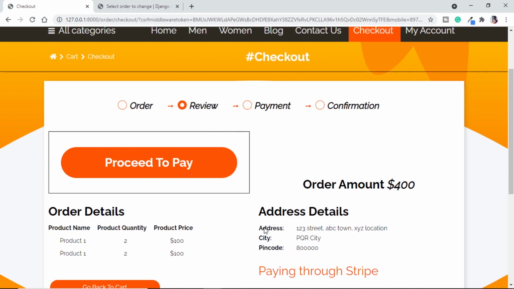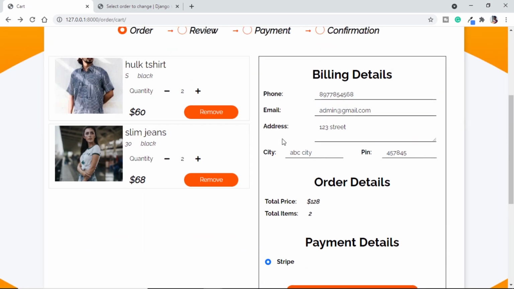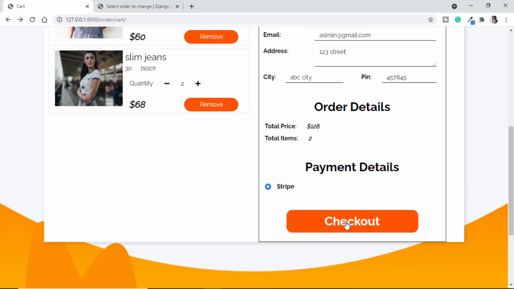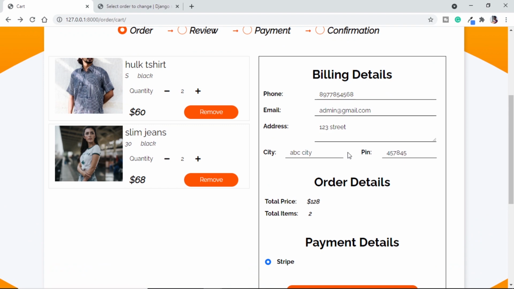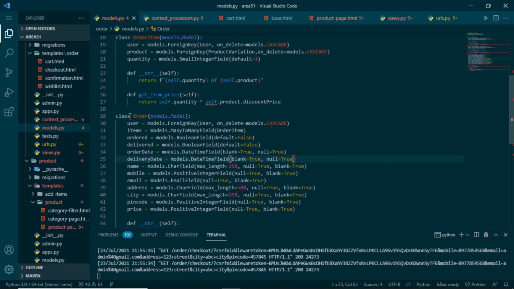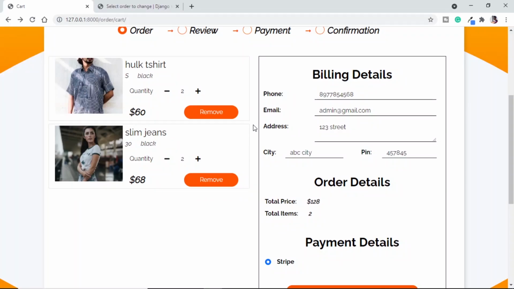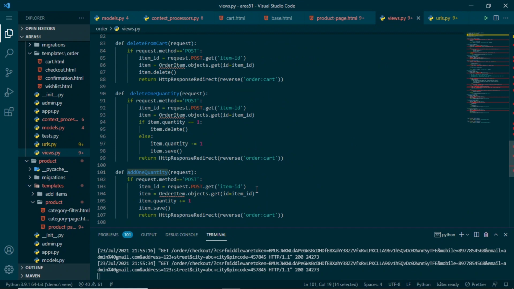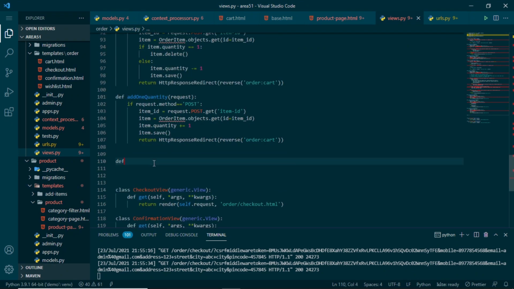So let's see how we can make this page. First of all, if we go back to cart, we have all this information in our form. But once we click on this checkout, we want all this information to be saved on our model. Remember, in our model, which is order, we made different fields with these items, that is name, mobile, email address, city and pin code. So we are going to save all that form data into this, so that we will have a clear connection between the order and the details. For this purpose, we will need to create another view where we are taking all this information to be stored in an order object.